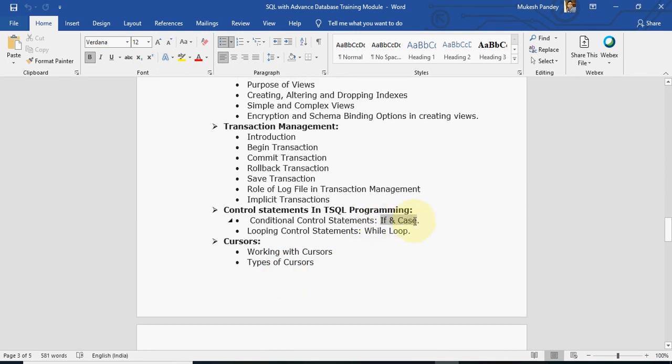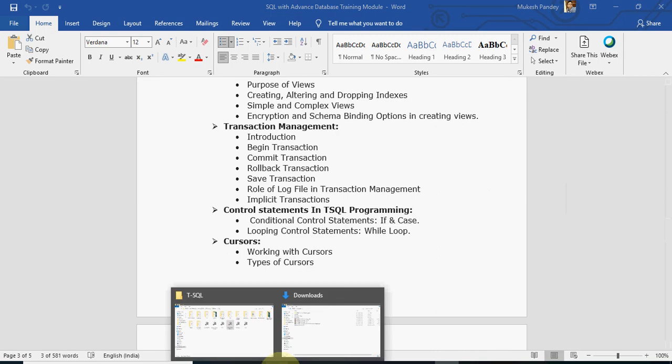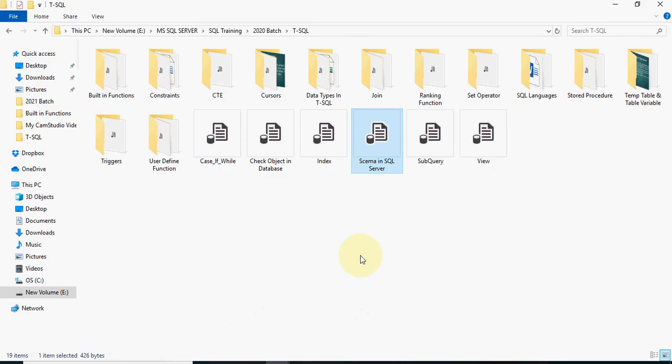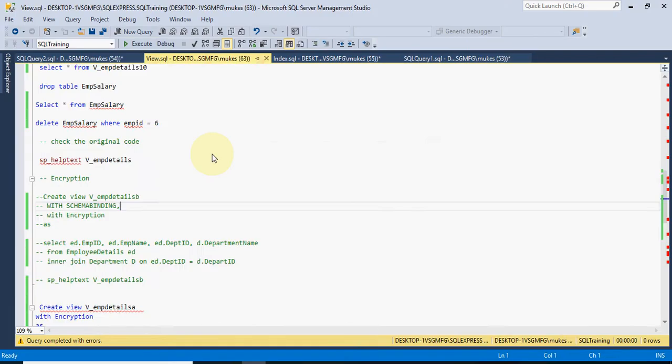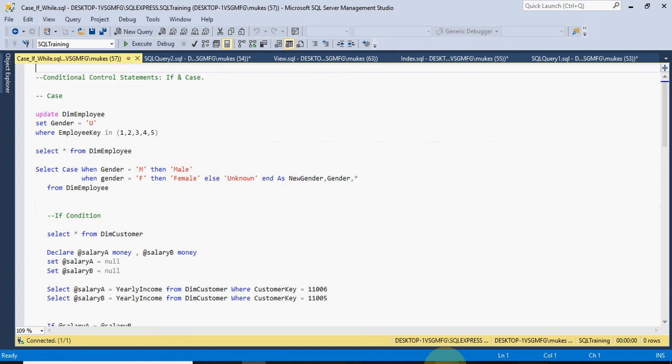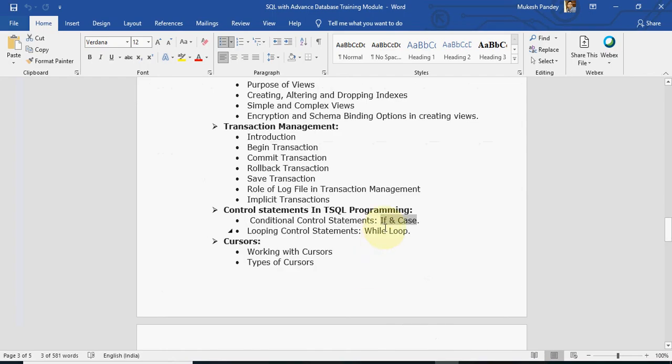The next one is IF and CASE. What is the IF statement? What is the CASE statement? You have any idea? What is the difference between IF and CASE? Okay.